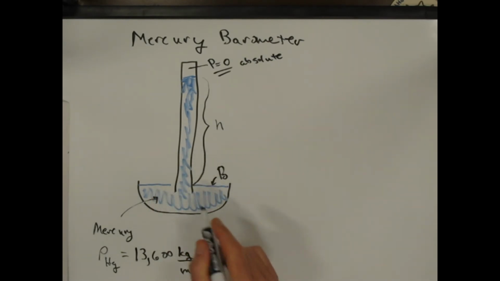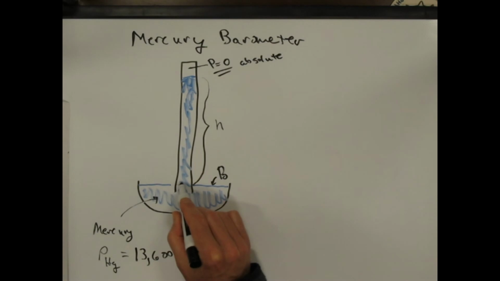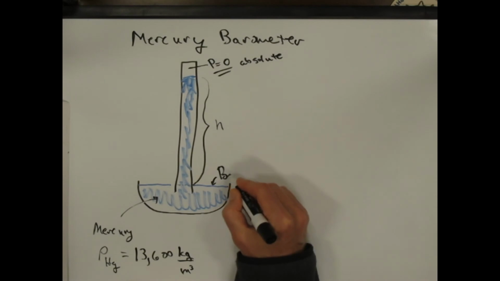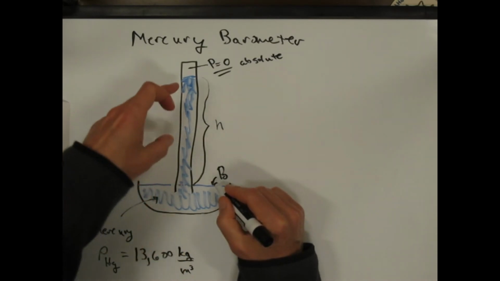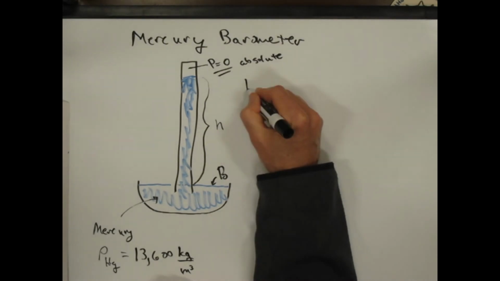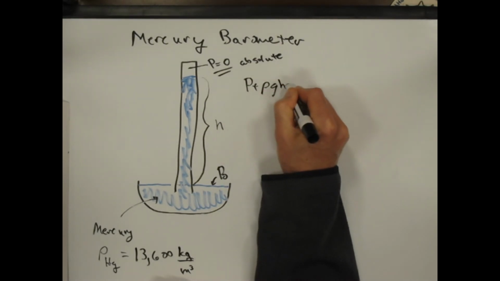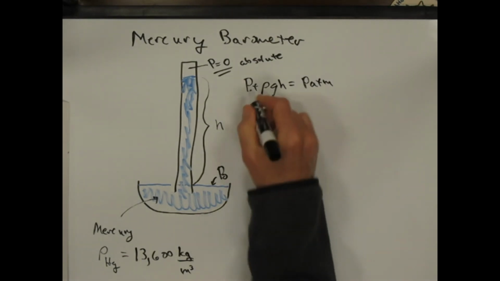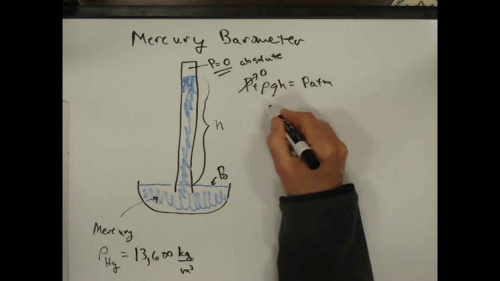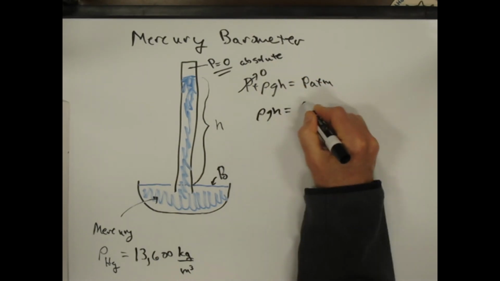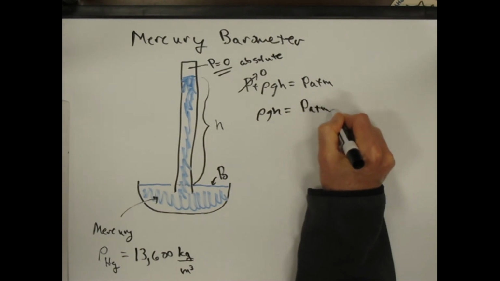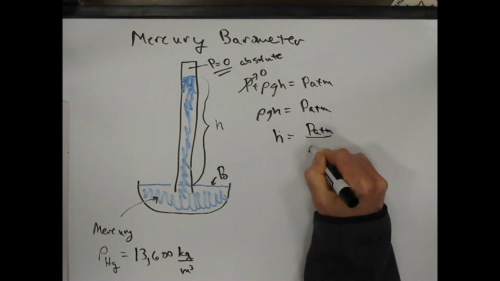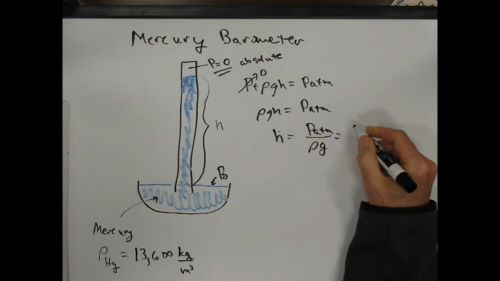And by the same arguments we were making earlier, we can say that at this point, this is just open to the air, and so this is atmospheric pressure, and so that means that P plus rho GH is equal to P atmosphere. And since P is zero, this just means that rho GH is atmospheric pressure, or the height of the column is the atmospheric pressure over rho G. And so if we evaluate that, we get